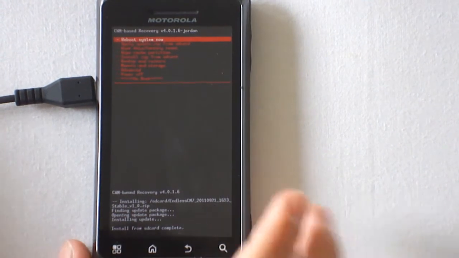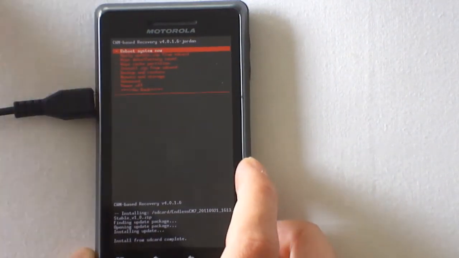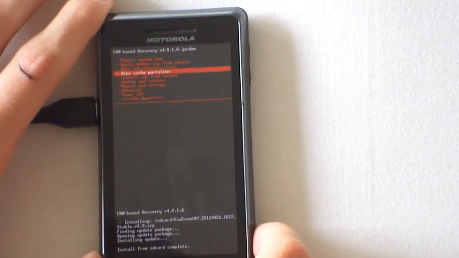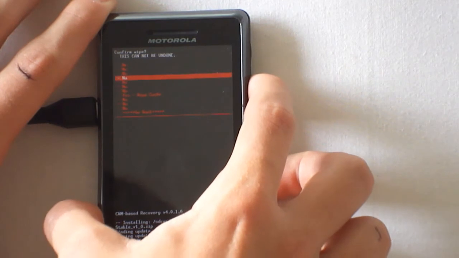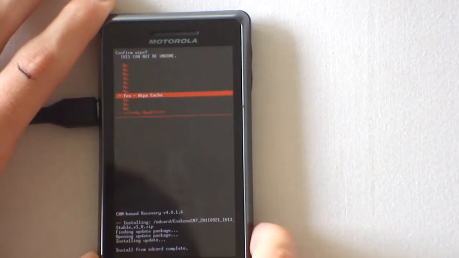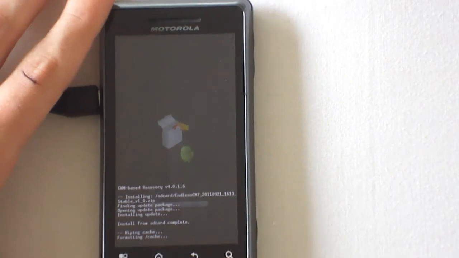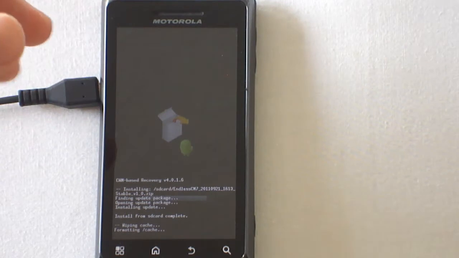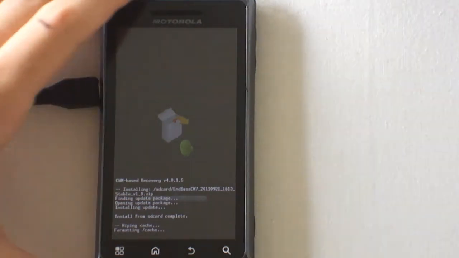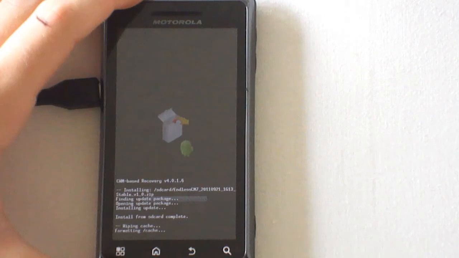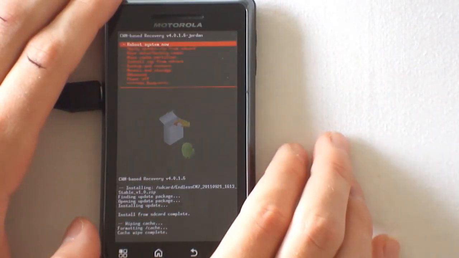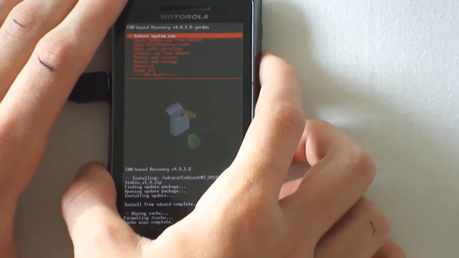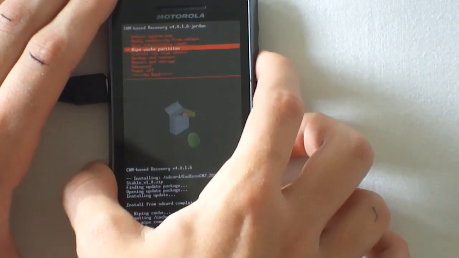to go back onto this, and then you want to go down to wipe cache partition, and then press yes to wipe. That'll take a few seconds. Some of the steps might be a tiny bit different depending on what phone and what version of ClockworkMod you have, but it's all going to be fairly similar. So if you need any help, just put something in the comments and I'll be able to help you with that. And then go down to advanced,